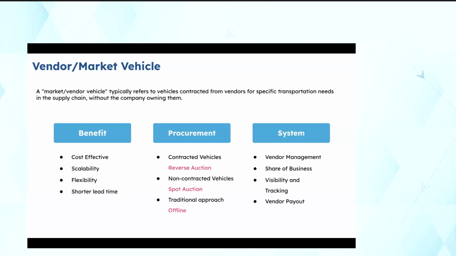So in such a scenario, market vehicles provide a scalable solution. An organization can easily procure additional vehicles from the vendor, right? There is a pool of vendors available in the market. They just need to share the indent. Whosoever is available can provide the vehicle, and this is how they can scale up their business as well,